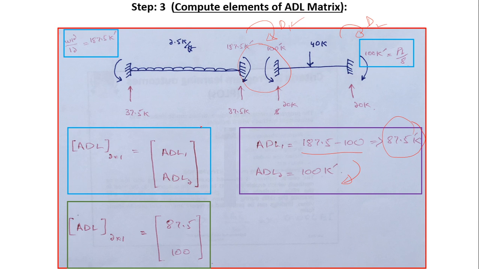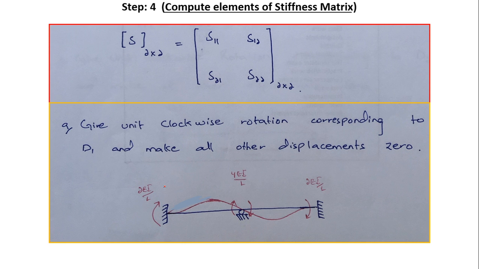So this would be my another matrix, ADL1 matrix. Why are they positive? Because they are in the direction of D1 and D2. Had you chosen D1 anti-clockwise, for example, if you had chosen D1 and D2 in this direction, then in that case they would have been negative here. But here it's positive. Okay, next I have to develop the stiffness matrix, and stiffness matrix is developed